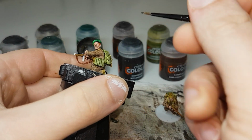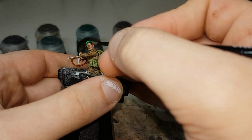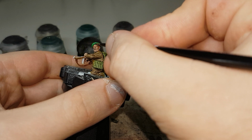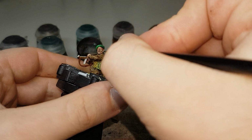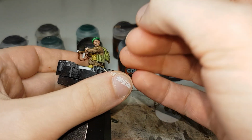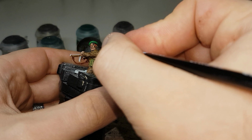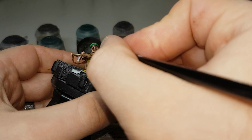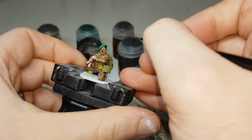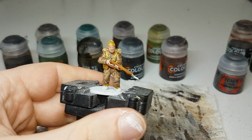And another thing you can also do with the commandos, you can give them camouflage stripes on their faces. And you can do it a couple of different ways. You can go horizontal or diagonal lines straight across their face like that, or you can do some that way and some that way, or there's a whole bunch of different ways you can do it. Basically you just get it and you just lightly drag it along. There you go, just do it like that, and then this guy can demonstrate another way to do it,